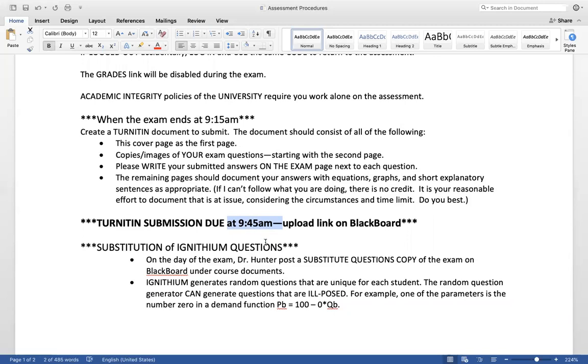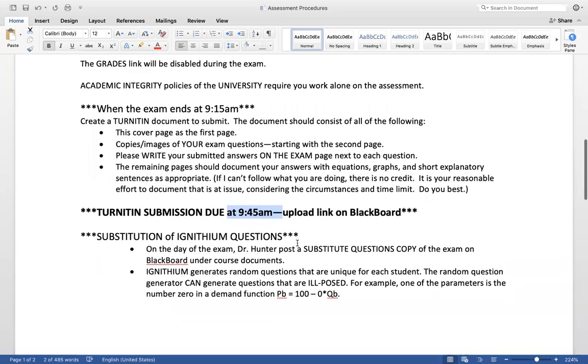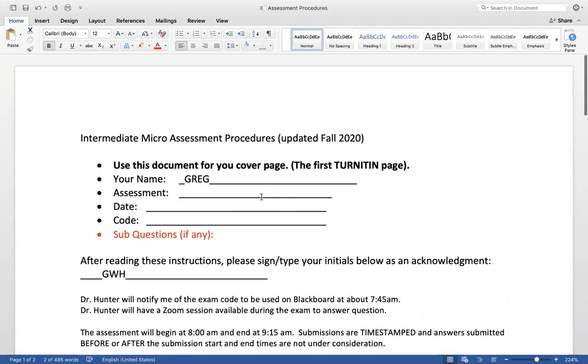And I give you about a half hour. That half hour is supposed to give you time to prepare your document for submission, because you need your cover page, you need your exam questions, and then you need your work all together in one document to upload to Canvas. Okay. If you happen to want to fix or make something a little bit neater in your work, you can do that, and I don't really care. But you have about a half hour to put everything together and submit it. Okay. And so I'm going to tell you guys about the substitute questions, but I'm going to ask right now,